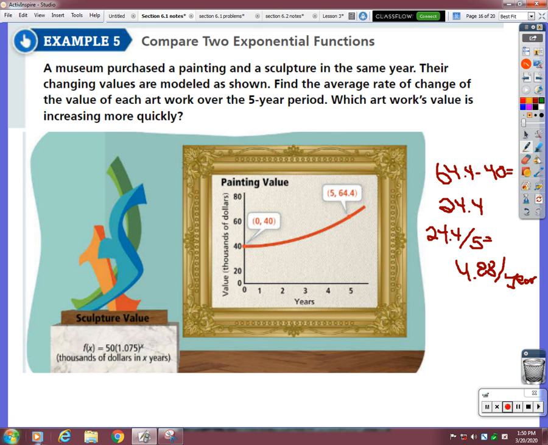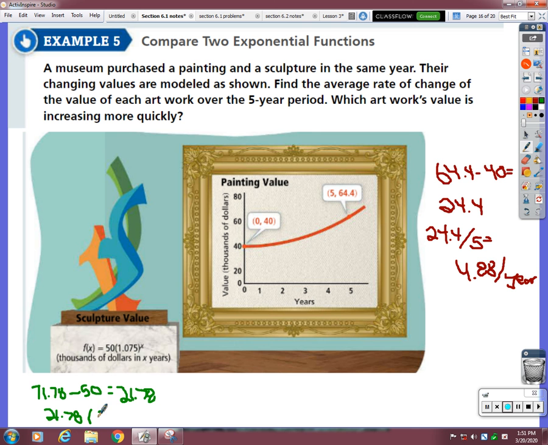And so that means 5 years later, this weird sculpture is worth $71,780. So if I subtract off of that the $50,000 that it was worth to start with, then that means that it has gone up by 21.78. And then if I divide that by 5,